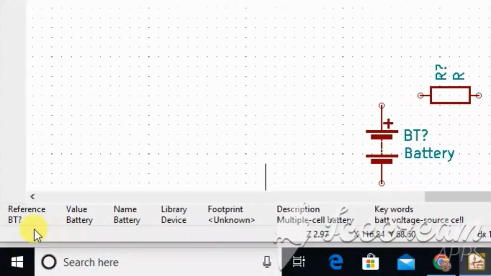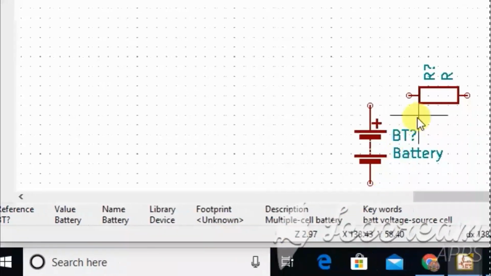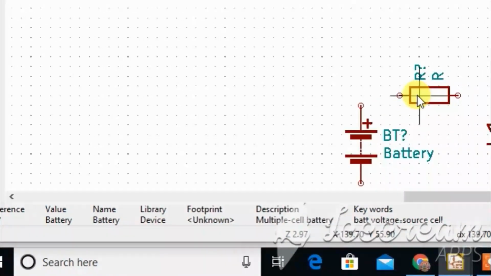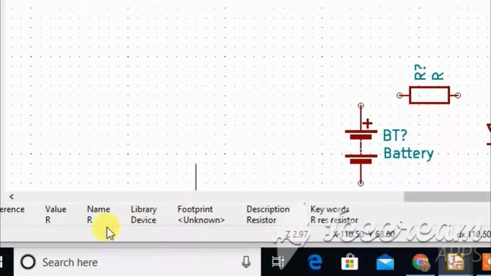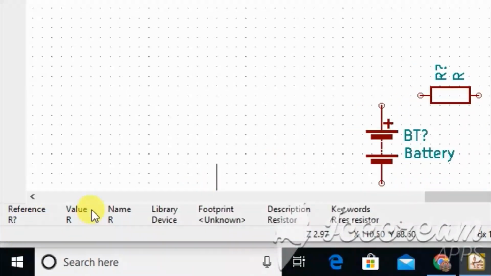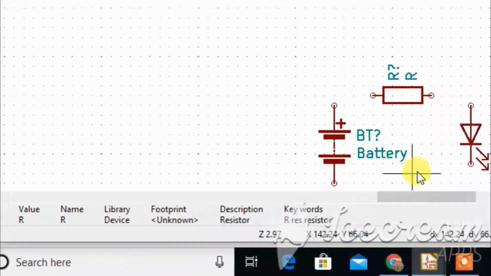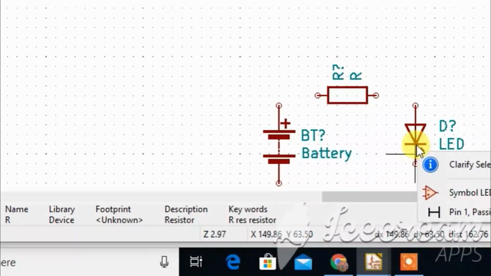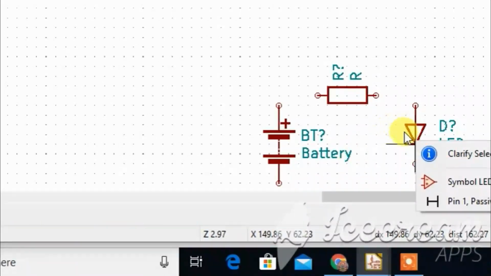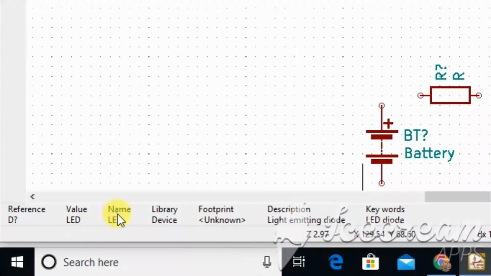All are shown in this status bar. So I click the resistor and this changes all the values. And next I click the LED, and it changes to the name LED. So it is easy to find out the selected item.